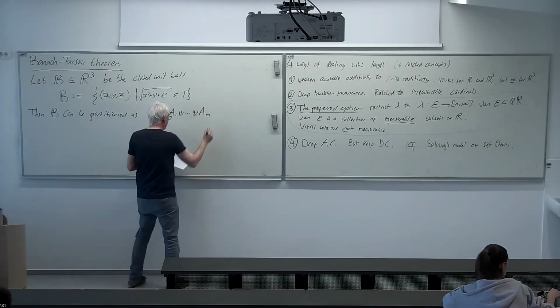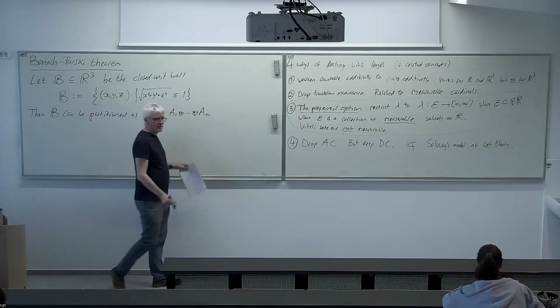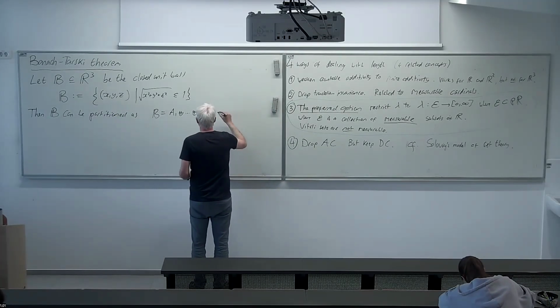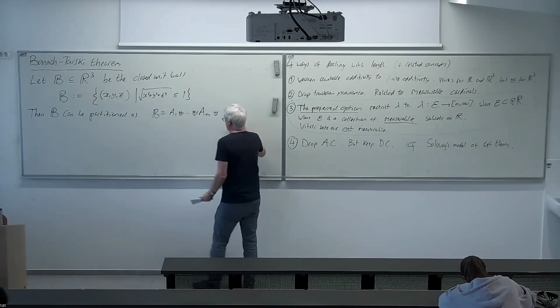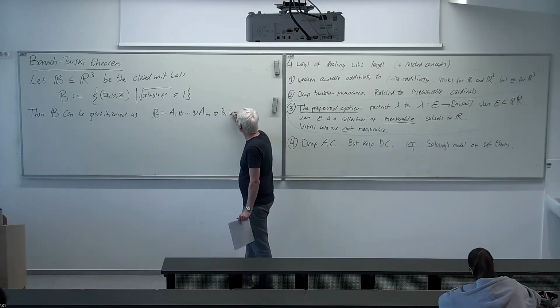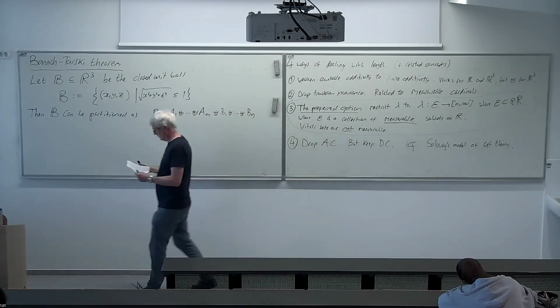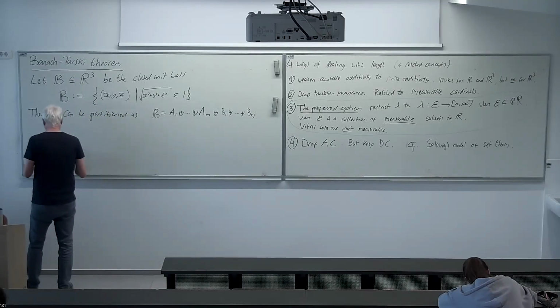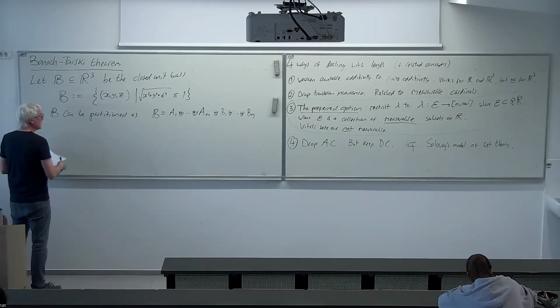We're going to have M A pieces and N B pieces. And just to emphasize, it's a partition, so they're all disjoint, such that